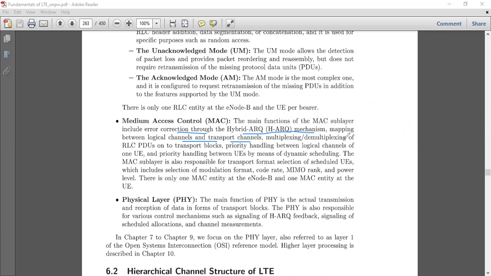What are these channels? Multiplexing and demultiplexing of RLC PDUs on transport block. Priority handling between logical channels of one UE. Priority handling, because you can see all these things may be there at the base station. So which user equipment to be given how much priority, maybe that's what it decides, by dynamic scheduling of the